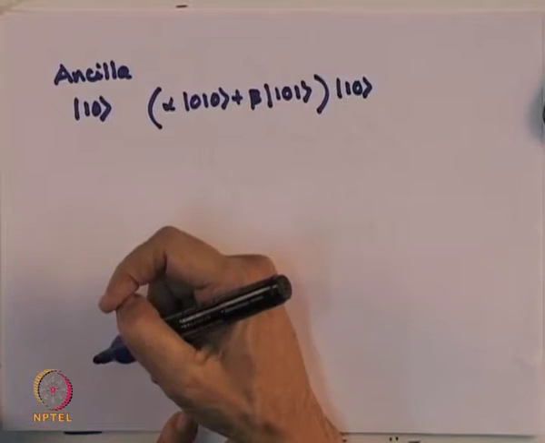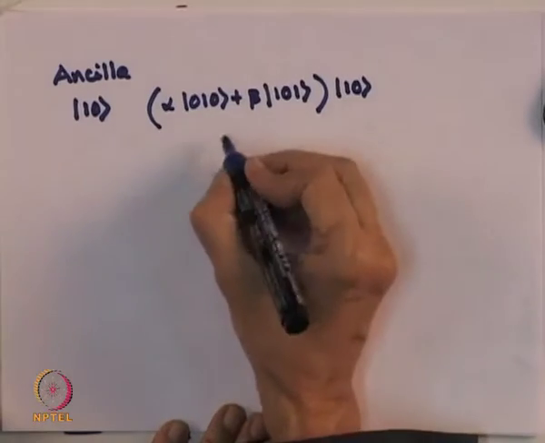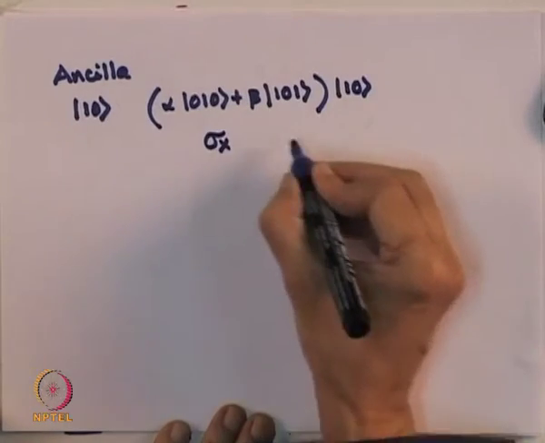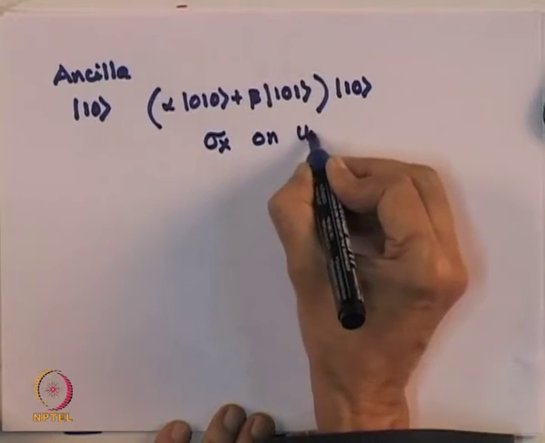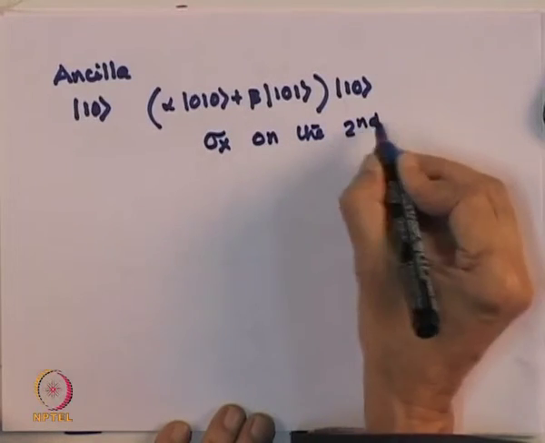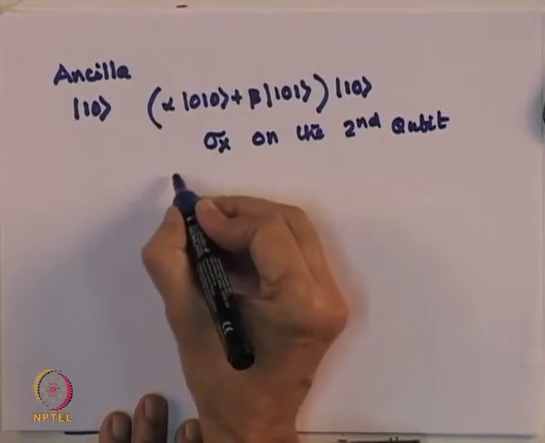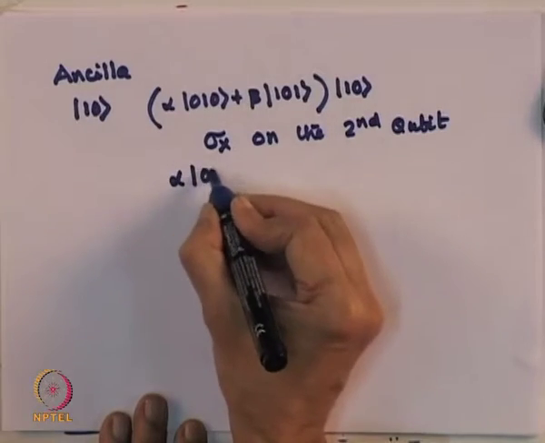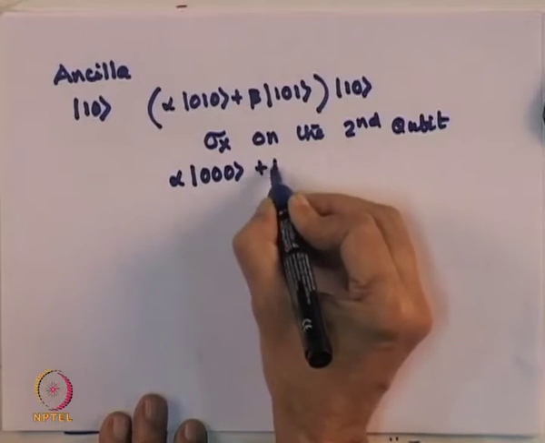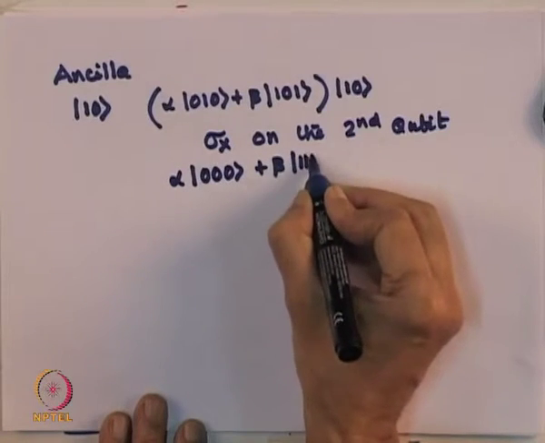Now, what Bob does in such a case is to apply sigma X, or the X gate, on the second qubit. That will make it alpha 0 0 0 plus beta 1 1 1 as was sent,